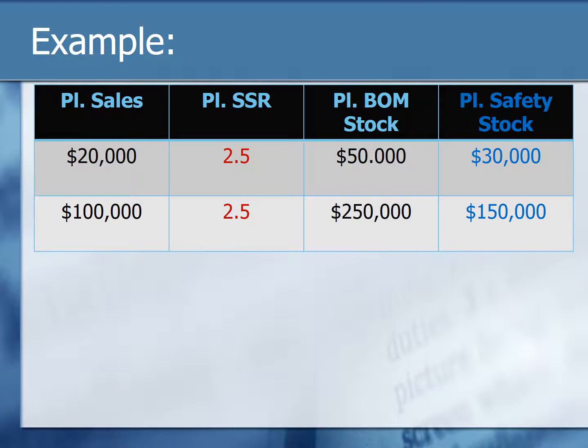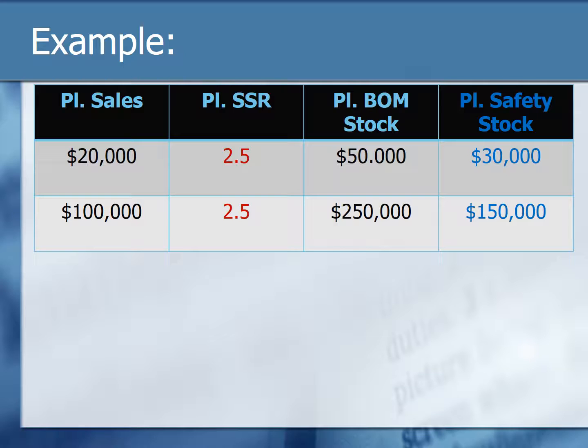Okay, we'll see why. Here's a simple example. Let's say the planned sales for 2 different months are given here. For 1 month, the planned sales are $20,000. In another month, your planned sales are $100,000. So your sales are fluctuating between months, right? Your sales are not consistent across 12 months, right? So when this is the case, if you planned SSR to be exactly the same for both months, let's say 2.5 for both months, in that case, your planned BOM stock level for these 2 months is